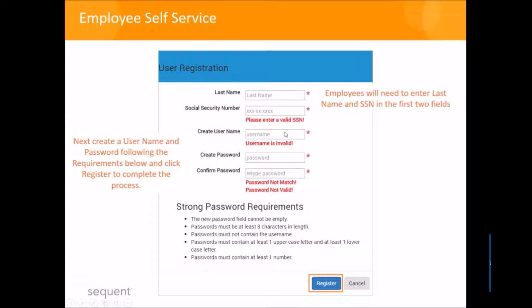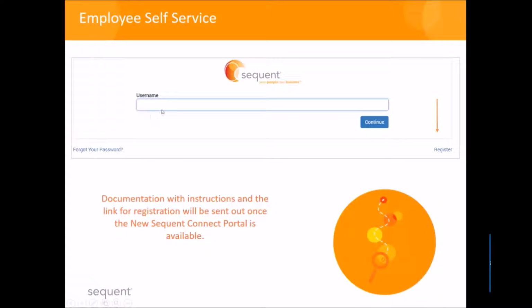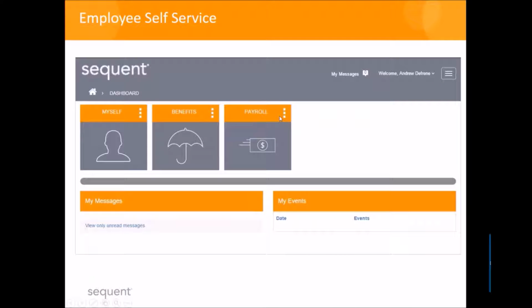When they do that, it'll pop up with this user registration page, and they'll enter their last name and social security number in those first two fields. Then it will ask them to create a username and password below. See all these strong password requirements? Just as kind of an FYI, those requirements are the same for you when you manage your self-service password, just as a helpful hint. Once the employee clicks register, it will take them back to the screen where they will enter their username, click continue, then enter their password, and that will bring them into the new Sequent Connect dashboard